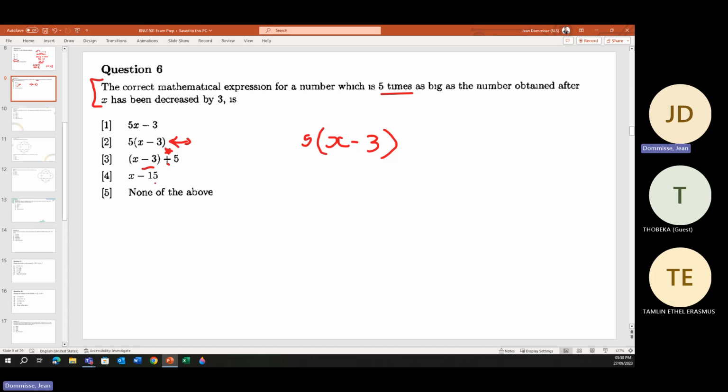And then I don't know what they did with the last one, how to get to x minus 15. I could have just said 5 times 3 or something like that. Okay, so this is where they ask you just to write the expression. They could have said to you, well, this answer is 60, and then you need to solve the answer as well. So that they can also do in